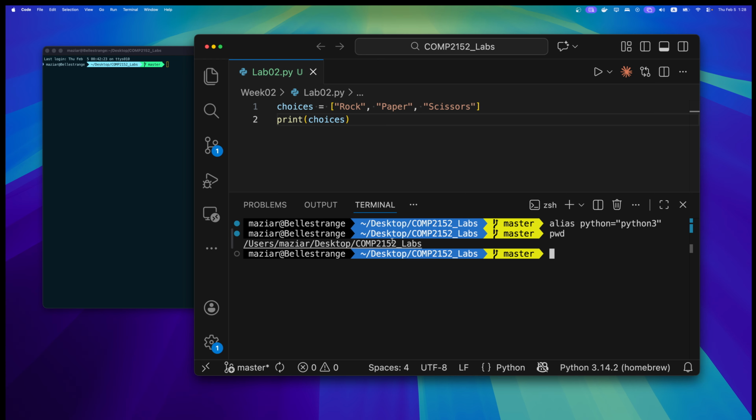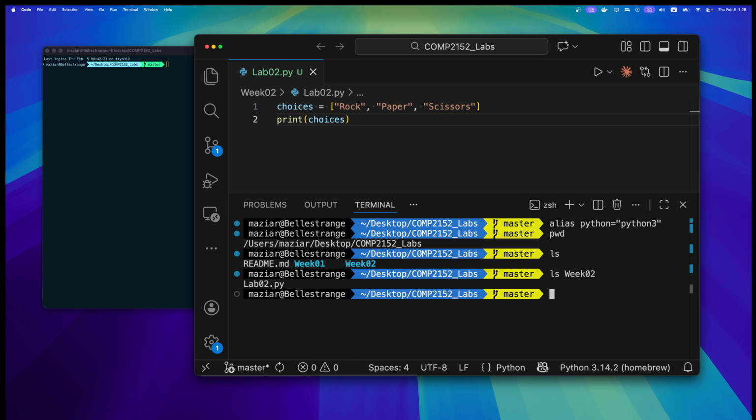This is the lab folder, which means that inside of it I will have week 1 and week 2, and inside the week 2 I have my lab02. So to run the application I need to say Python week 2 and then the lab file. Okay, let's go. As you can see, I have my options correctly here